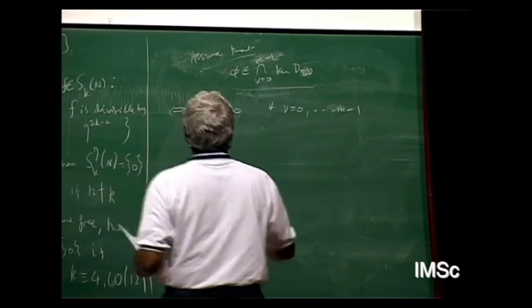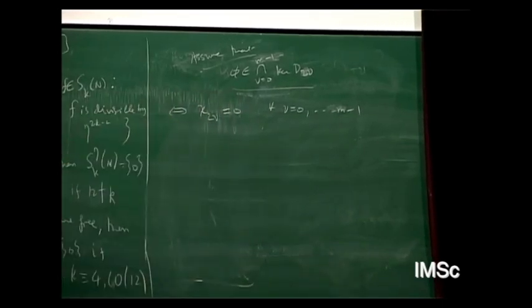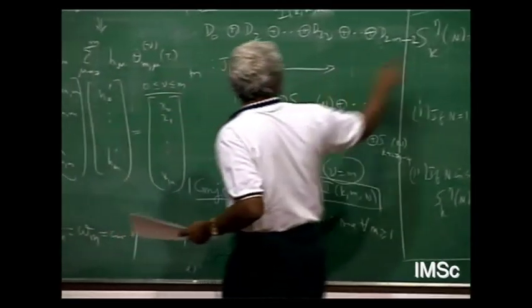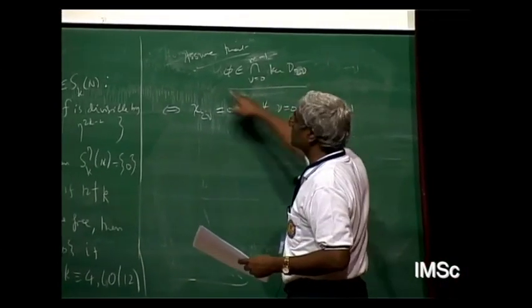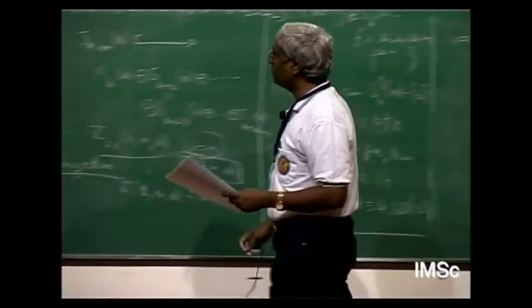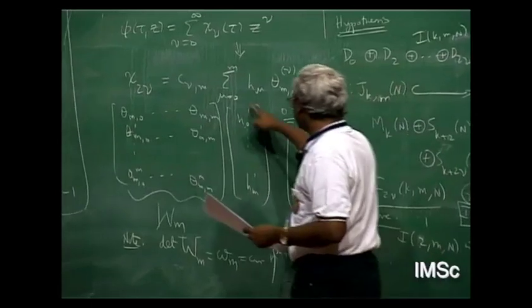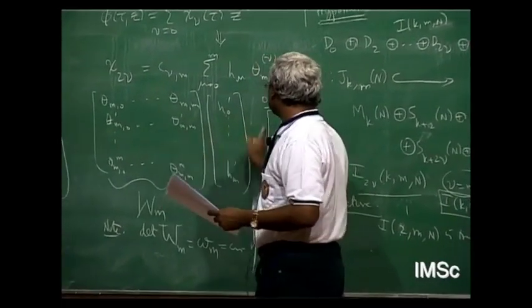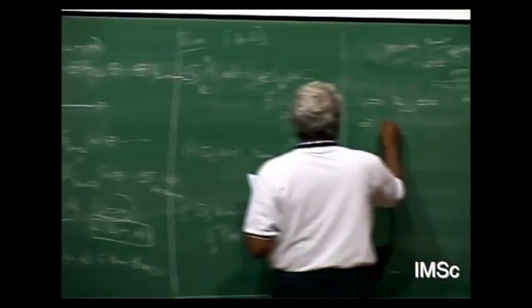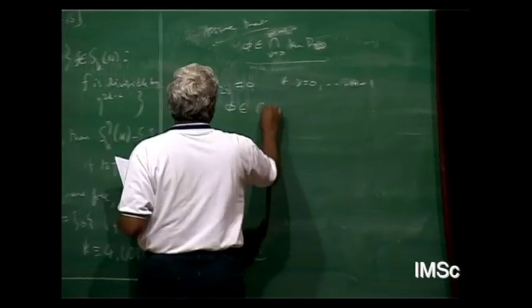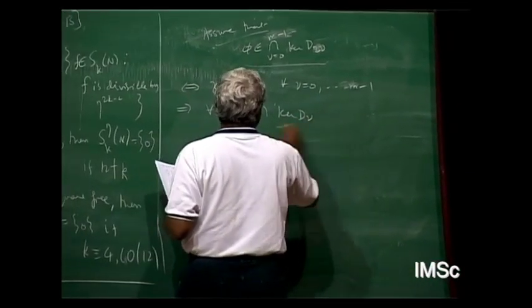So all these chi zeros up to chi m minus 1 become 0 because of the assumption that phi belongs to the kernel of all these operators from 0 to 2m minus 1. Therefore, I can express this in terms of the inverse of the matrix times this, which implies, for each phi in the intersection of kernels,